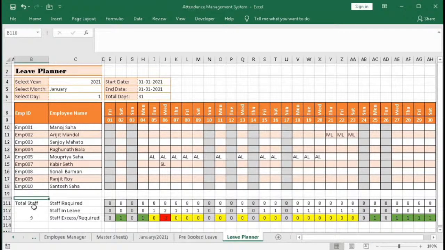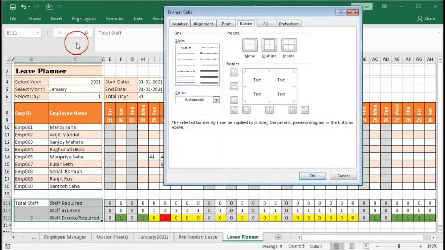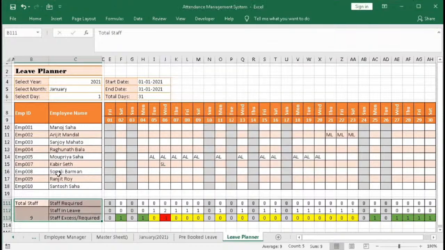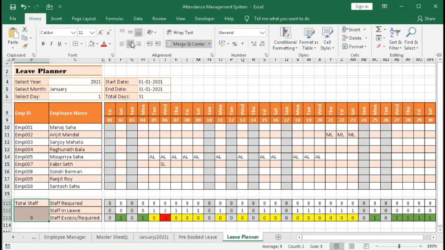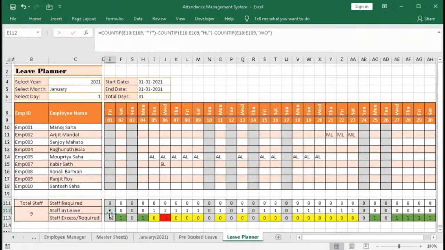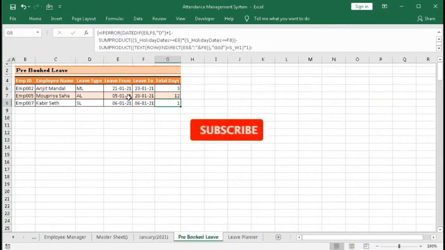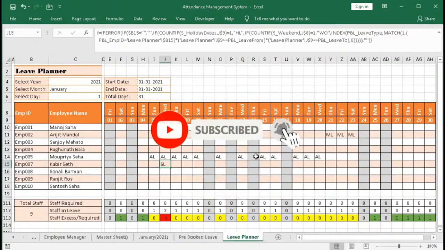Now select this, go to home, give a border, fill color this one, okay, and select this one, make it center middle, okay. Now it's done. So in this way you have to create the Prebook leave and the leave planner, and with